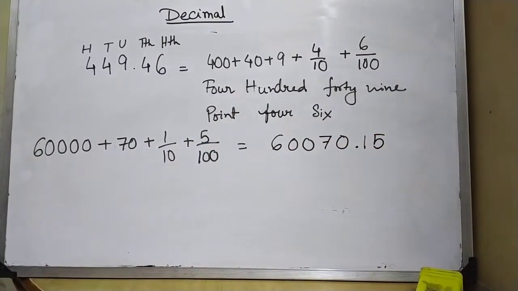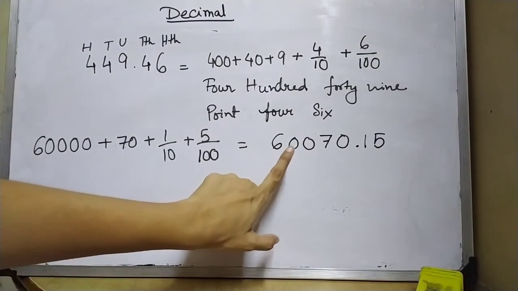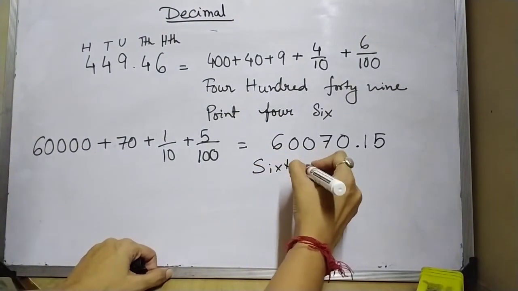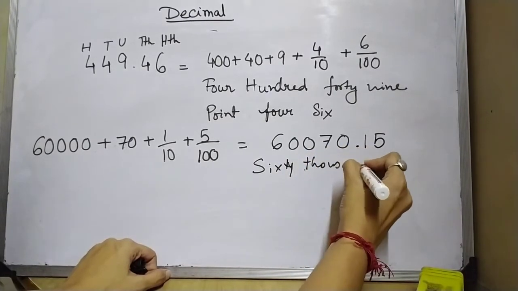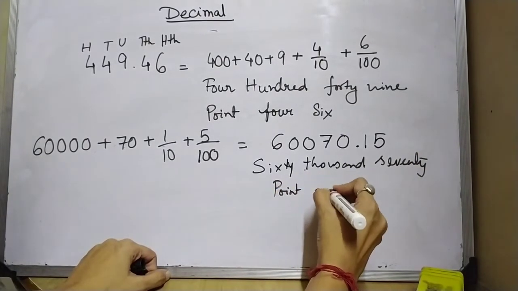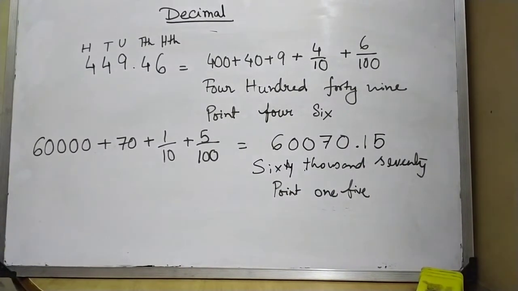So the number is like this: units, tens, hundreds, thousands, ten-thousands, that is 60,070.15. So this number will be 60,070.15 like this. So here we have done up to this one, that is, expanding this number. The last part of this chapter is to convert the fractions into proper or improper fractions.